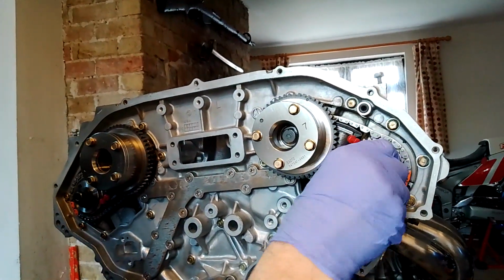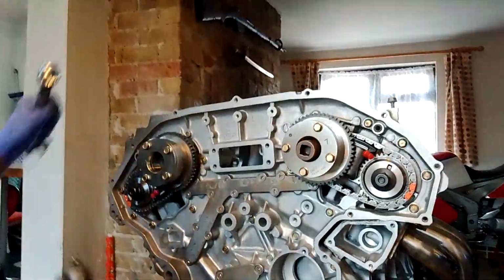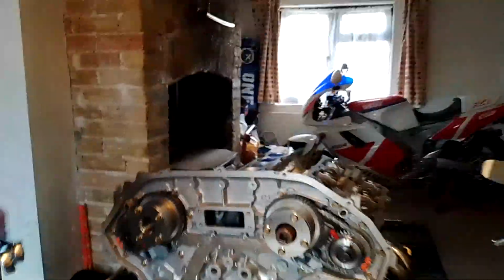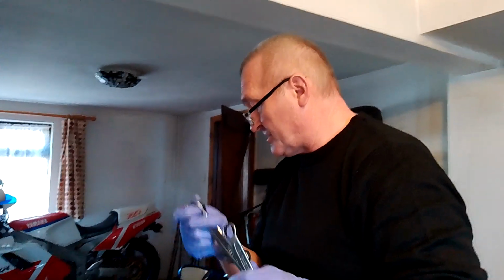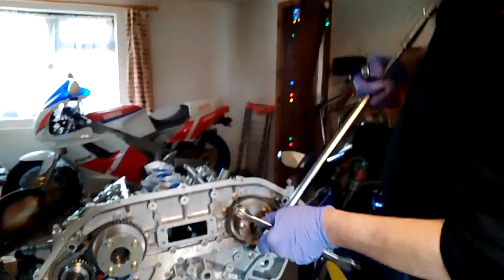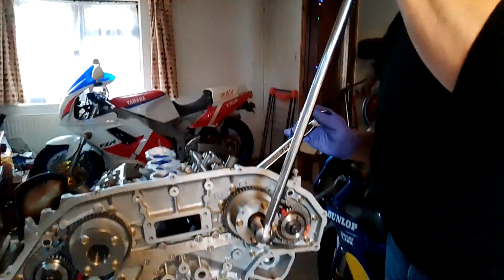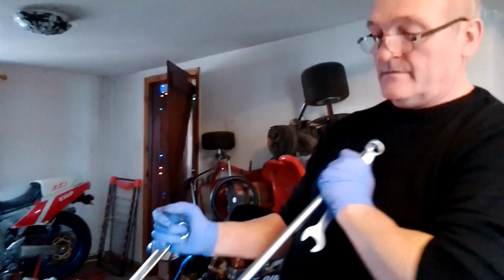It's just finger tight. It's finger tight, right? I'm just going to give it a crank up if I can come past. Okay. Right, okay. What are we on? We're on the inlet cam, which I've got a sneaky suspicion is the 24. But hey, got it right. Now, there is no torque given in the manual for this, so you just do it up bloody tight,